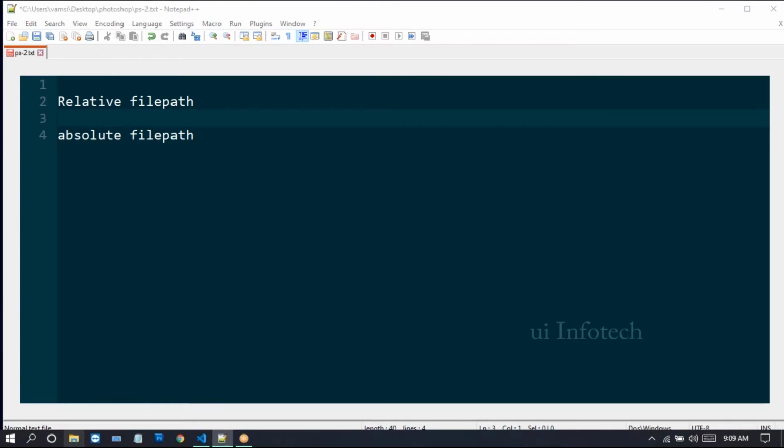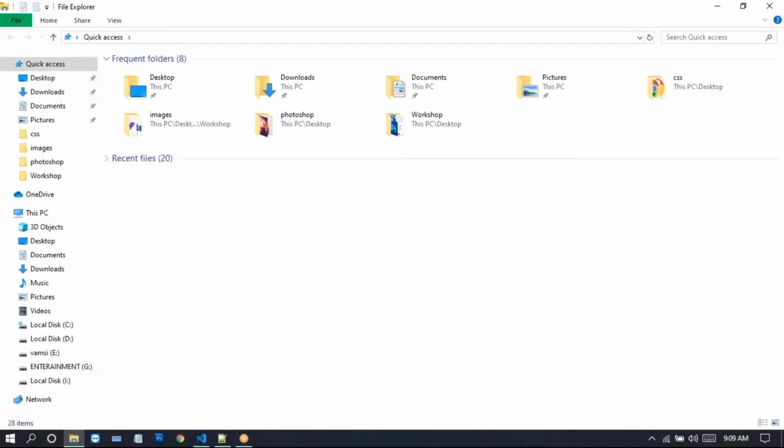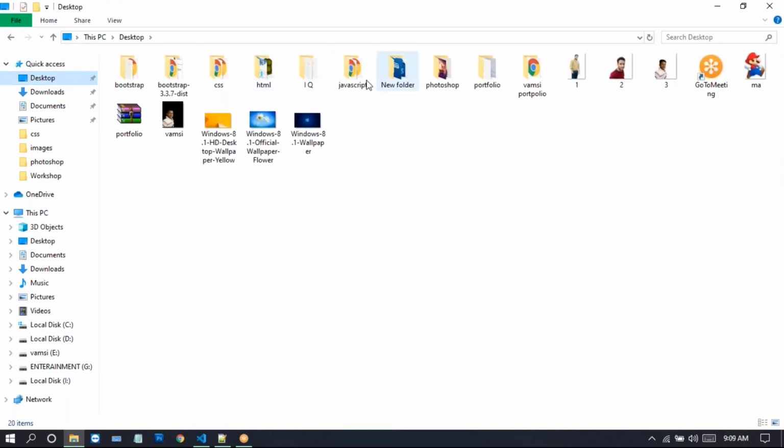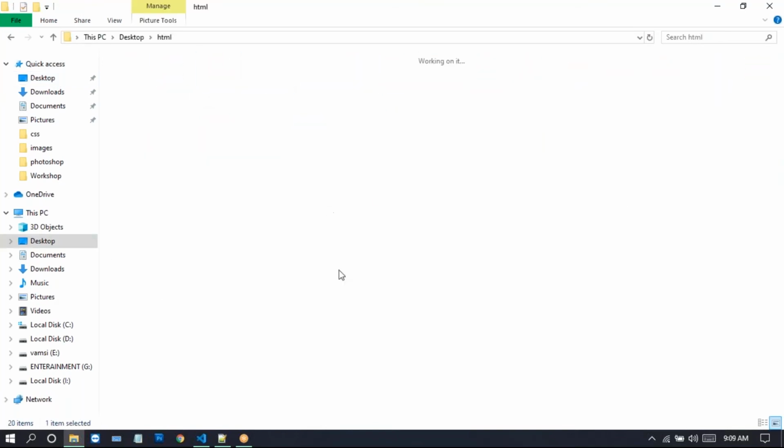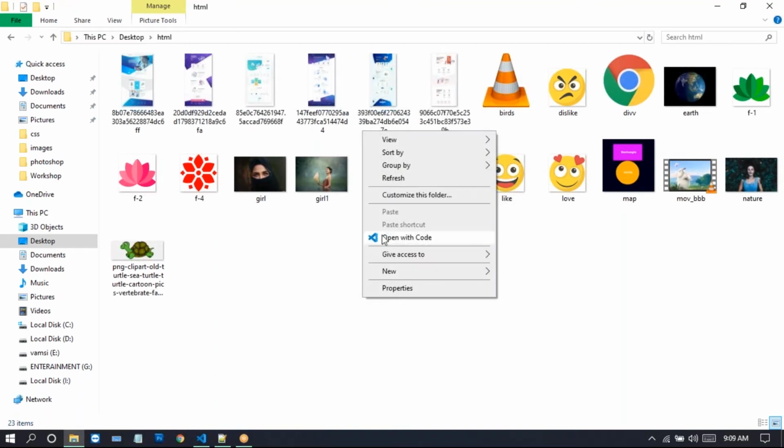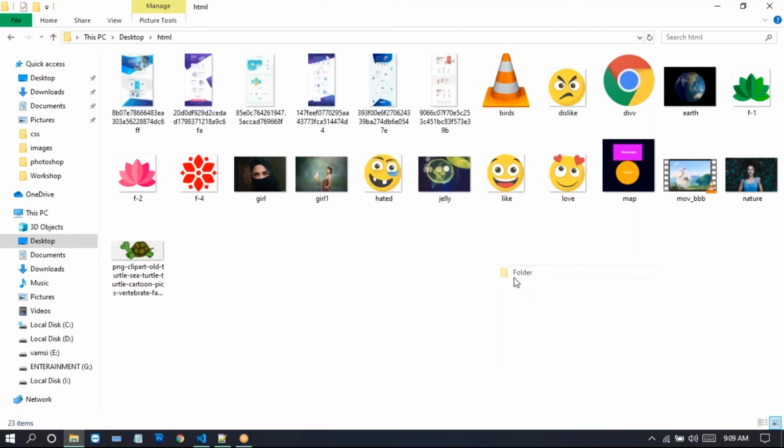Next, I just show the folder structure here, how the HTML folder will be followed. Actually, we can keep the project files in the assets folder. Here, I don't want to create these assets, so I just explain the simple way. How do you create the project structures? I just open my containing folder, go to this HTML now. Here I just created a new folder.